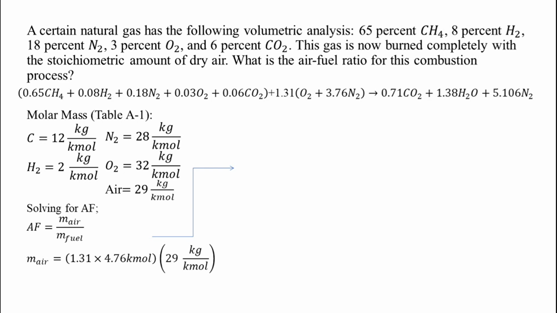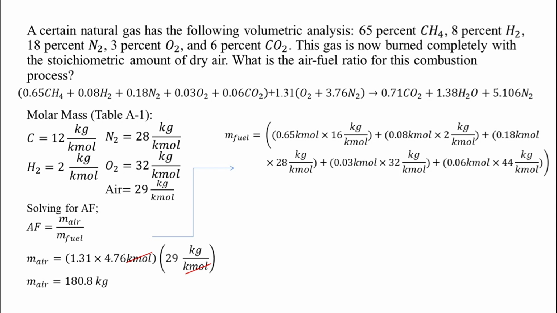Thus, we have 4.76. After knowing the moles in the air, we multiply by the molar mass of air, which is 29 kilograms per kilomole. We then cancel the unit kilomole to have the unit kilogram. Our mass of air is 180.8 kilograms. The mass of fuel is equal to 0.65 kilomole times 16 kilograms per kilomole plus 0.08 kilomole times 2 kilograms per kilomole